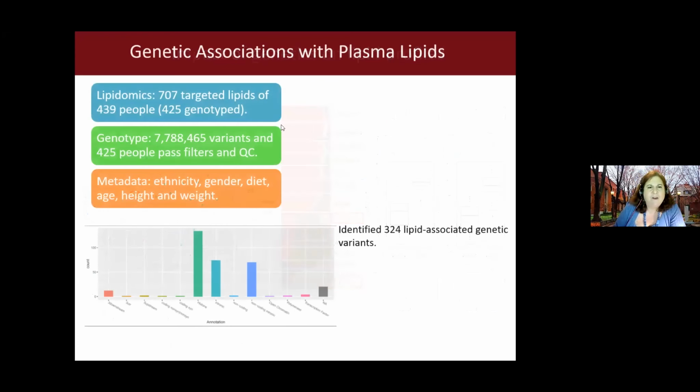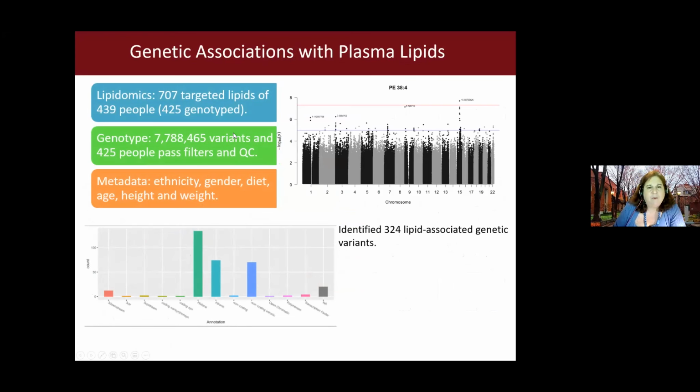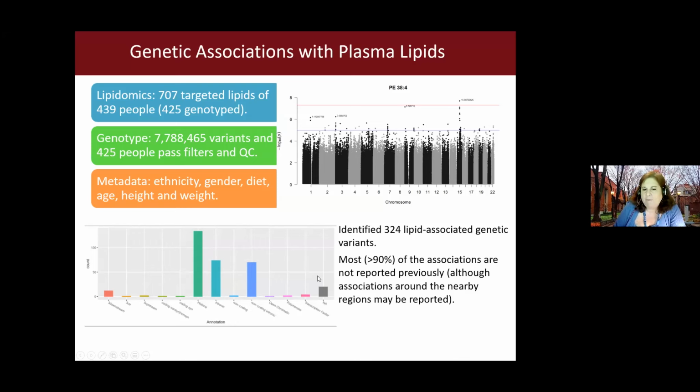To try to further distinguish that, together with Rangman Hangzi Lee, we integrated the data with genotype data and looked for genetic associations. We identified hundreds of lipid-associated genetic variants. Most of them are in non-coding regions of the genome, so they're likely to be regulatory. Many of them have not been previously reported, though they may be near previously reported associations. That's because, given the lower levels of linkage disequilibrium in Africans, you can map better in those populations. And the strongest associations were replicated in the